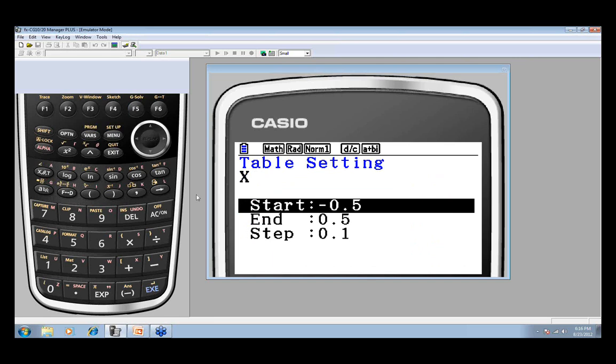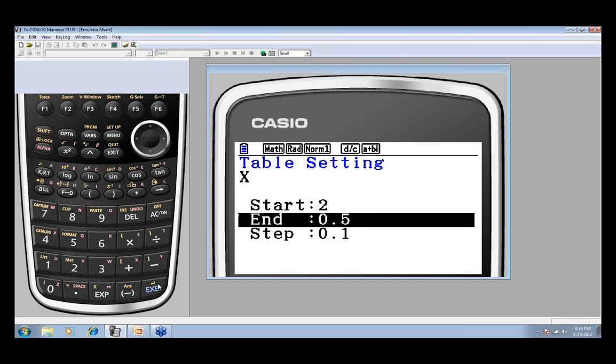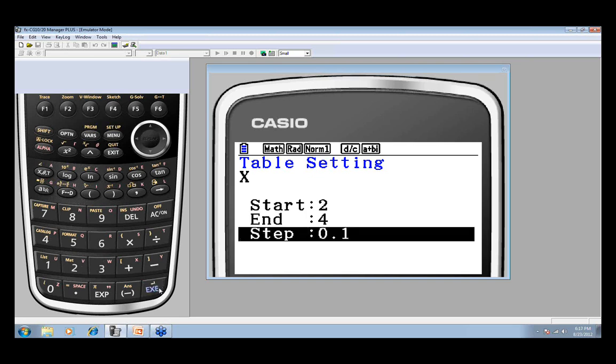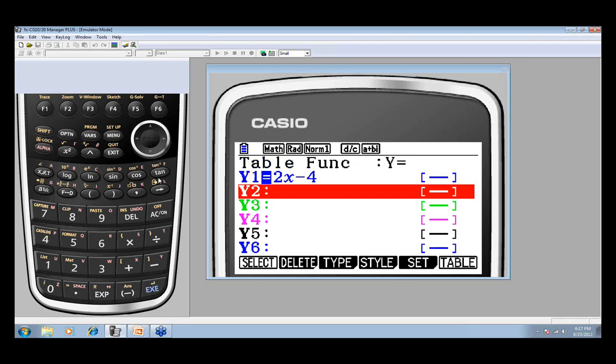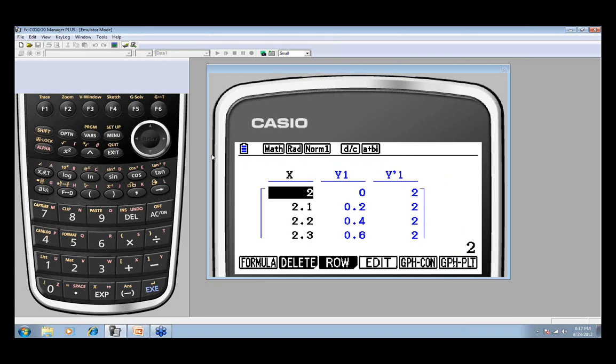And in order to investigate what's happening at 3, let's first start with maybe 2 as our start value, and let's end it one step past 3, such as 4, and maybe investigate it in increments of a tenth, just to kind of see a picture in general of what's happening. You see that when x is 2, you've got your corresponding y value. You've also got a table. I've got my derivative feature turned on, but we're going to try to just ignore that column for right now.